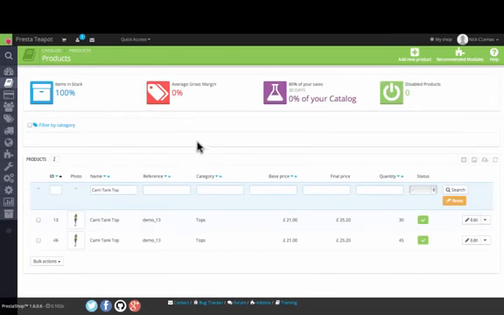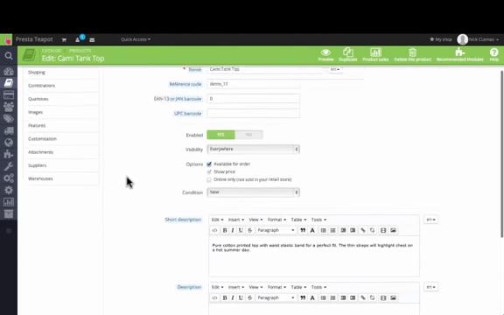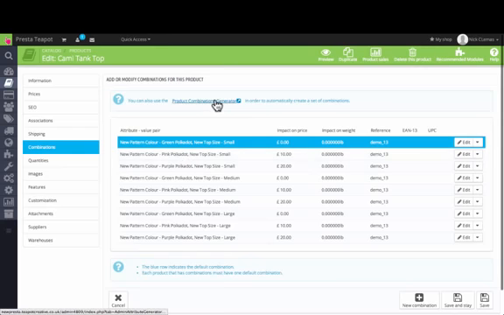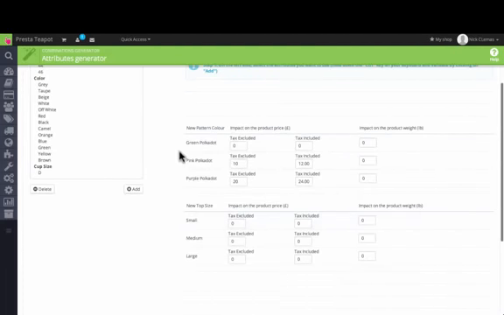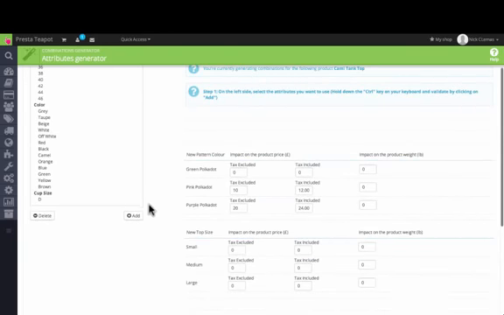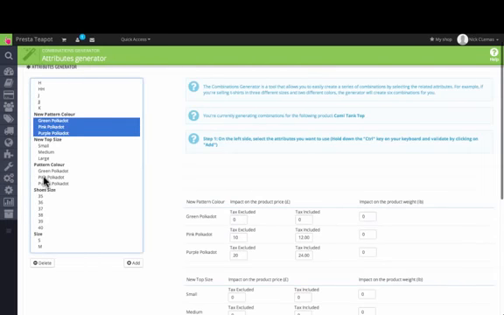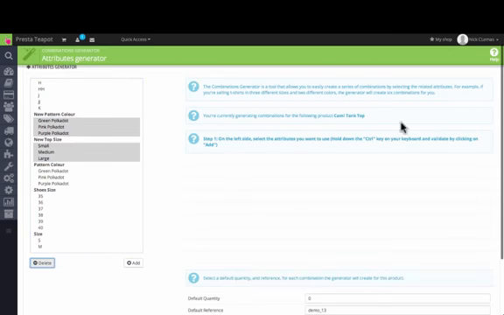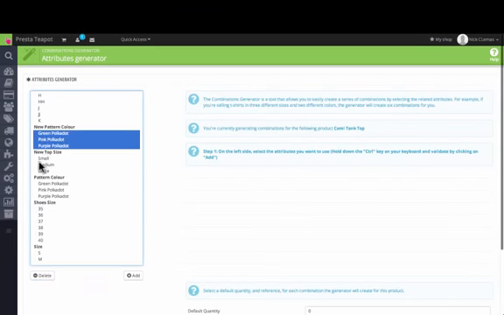And finally, if you want to delete or make a change to the product, you can simply click into the product generator again, and it's telling you here what you've already created. If you want to start again, simply choose the options you've already have available here and delete them. It will delete them from the product generator here, and then all you need to do is start again and say, okay, we're going to have all colours and all sizes,